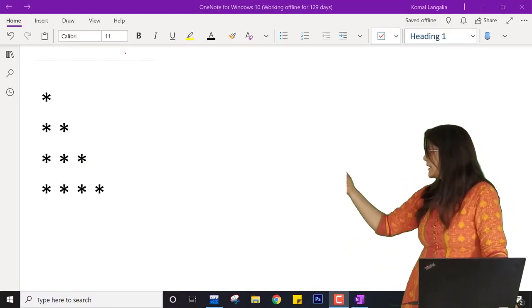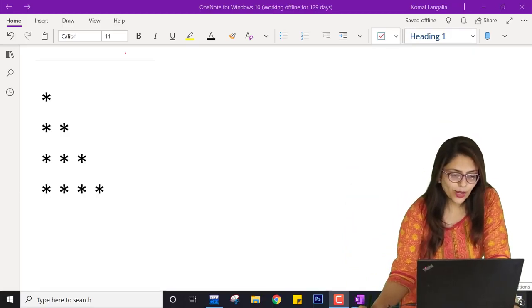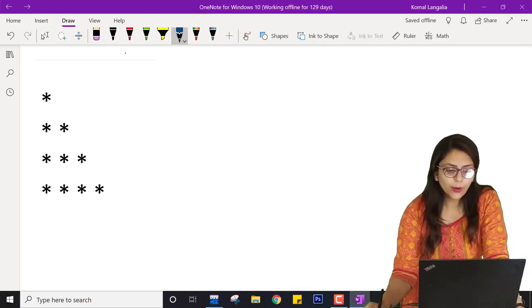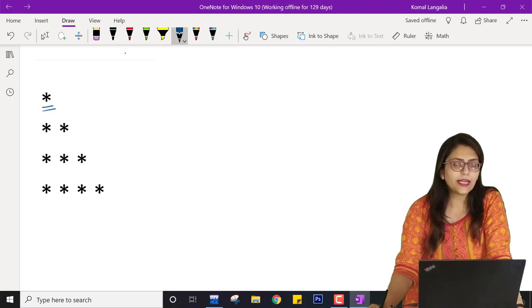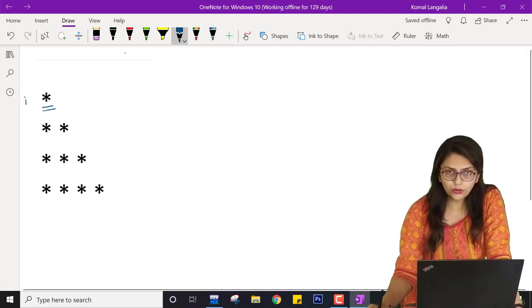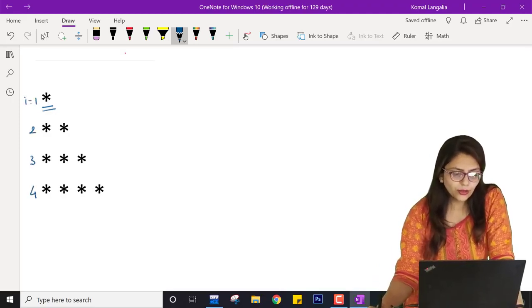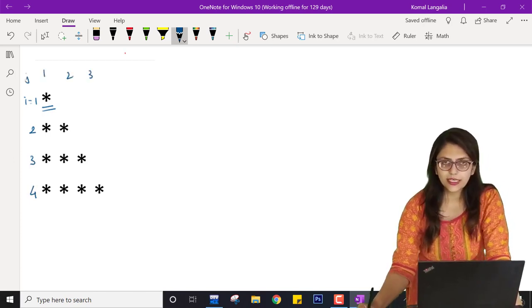Like this, which you can see over here. Now there is a concept which I want to explain, that is the range of I and J. Whenever you are dealing with symbols or you are printing symbols, the value of I and J doesn't matter. Here, if you are starting I with 1 or 0, the value of I ranges from 1 to 4 and the value of J ranges from 1 to 4, right? So this is the case.